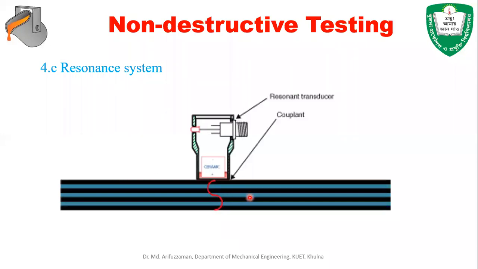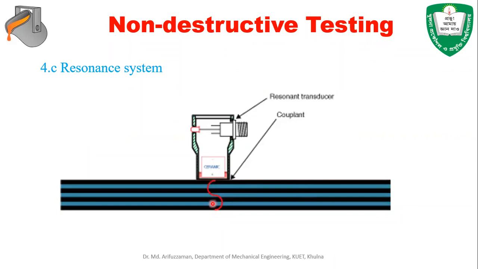In that case, we might not be able to detect the position of the crack. But in the pulse echo system, you'll be able to detect the position of the crack, and also in the case of the first one, you'll be able to detect the position. I don't know actually, I'm not pretty sure about this. This method is not widely used. Okay, resonance system, but if it is also used